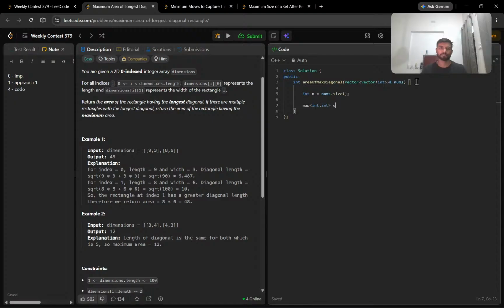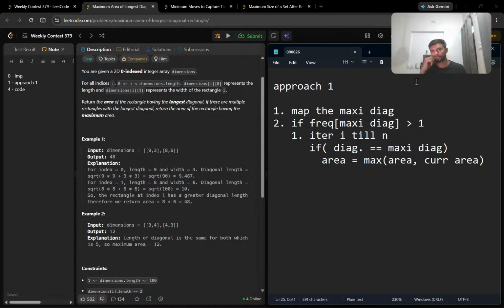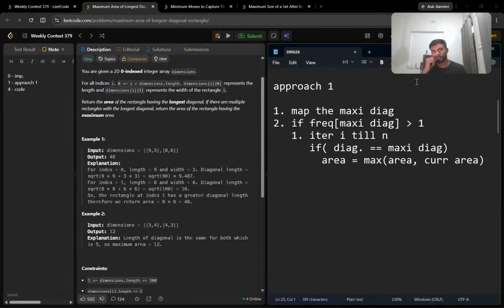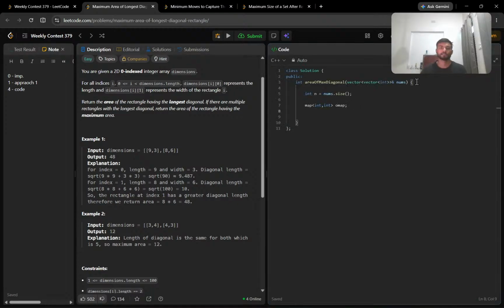Now this is the map. Now what's next? Just iterate on the nums, with the num,